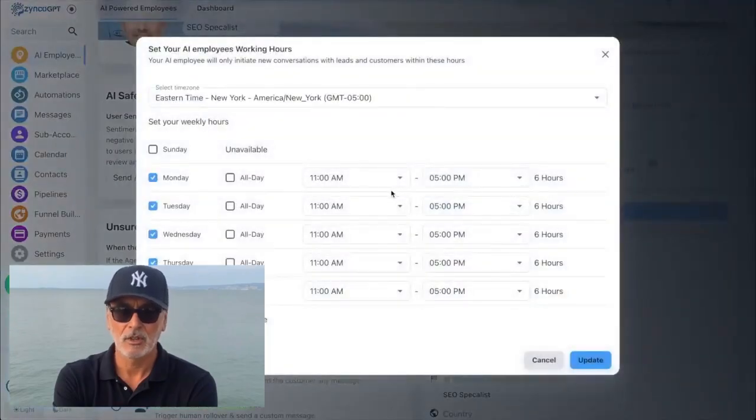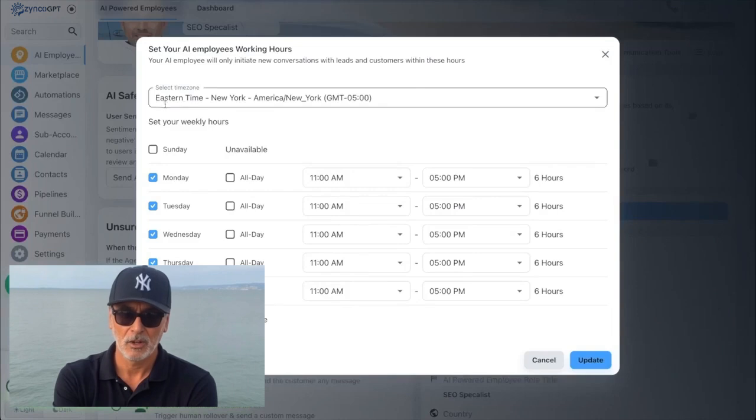These are the business hours where the AI-powered employee will actually initiate or start a conversation with a contact or lead. So if you only want it to work Monday through Friday for a certain time, you can select those times here. Make sure you also select your time zone, right? That way, when it's booking an appointment and you're a local business, it actually knows and just assumes you're in